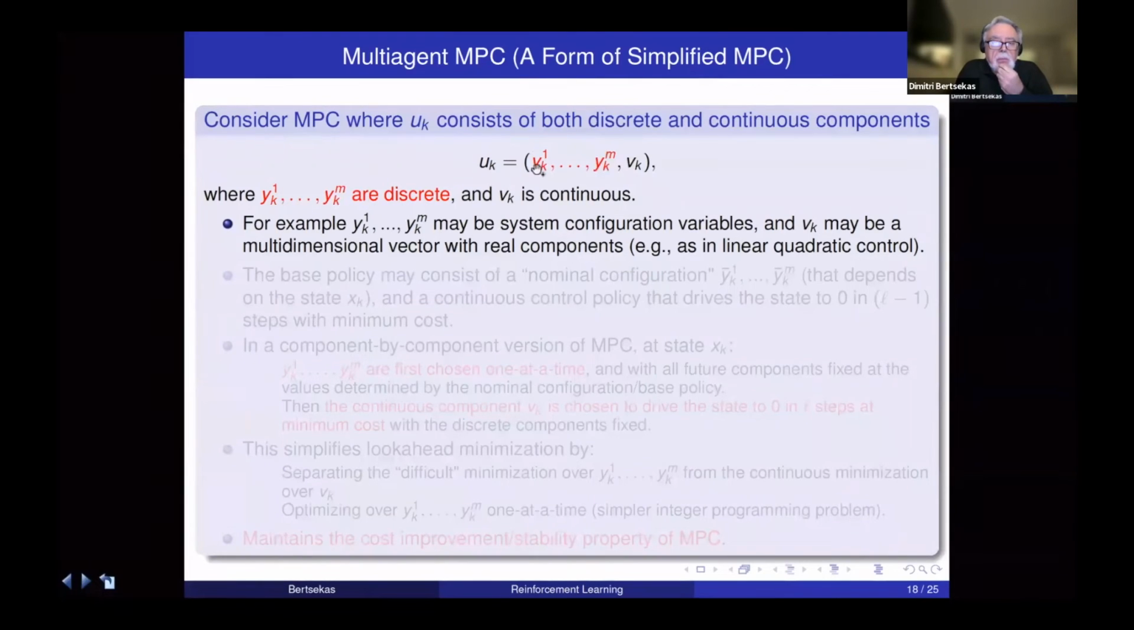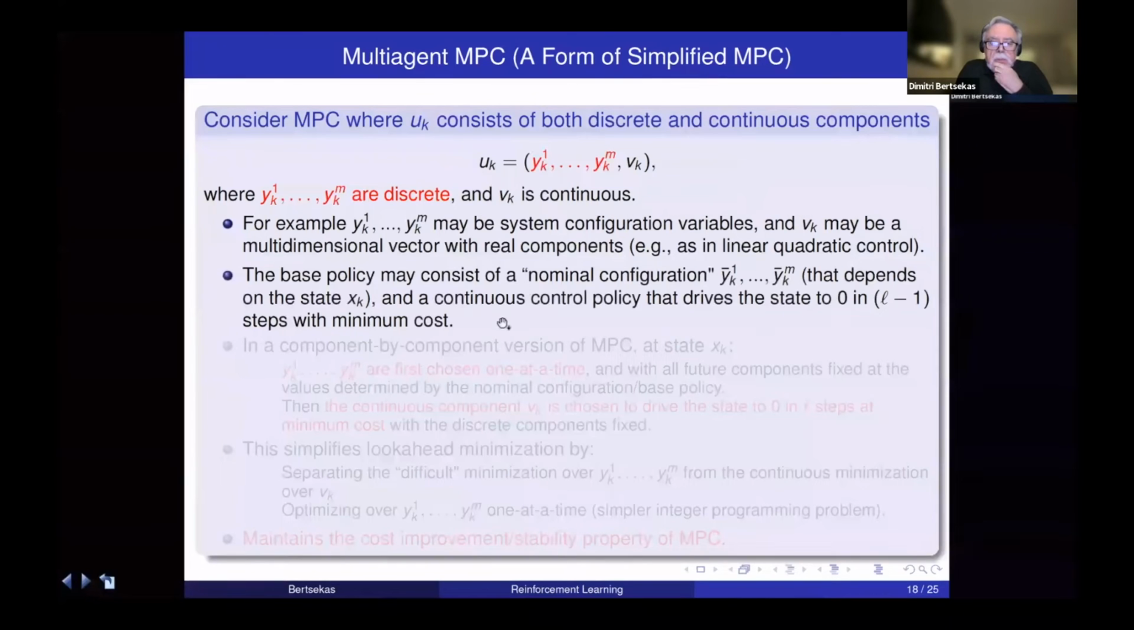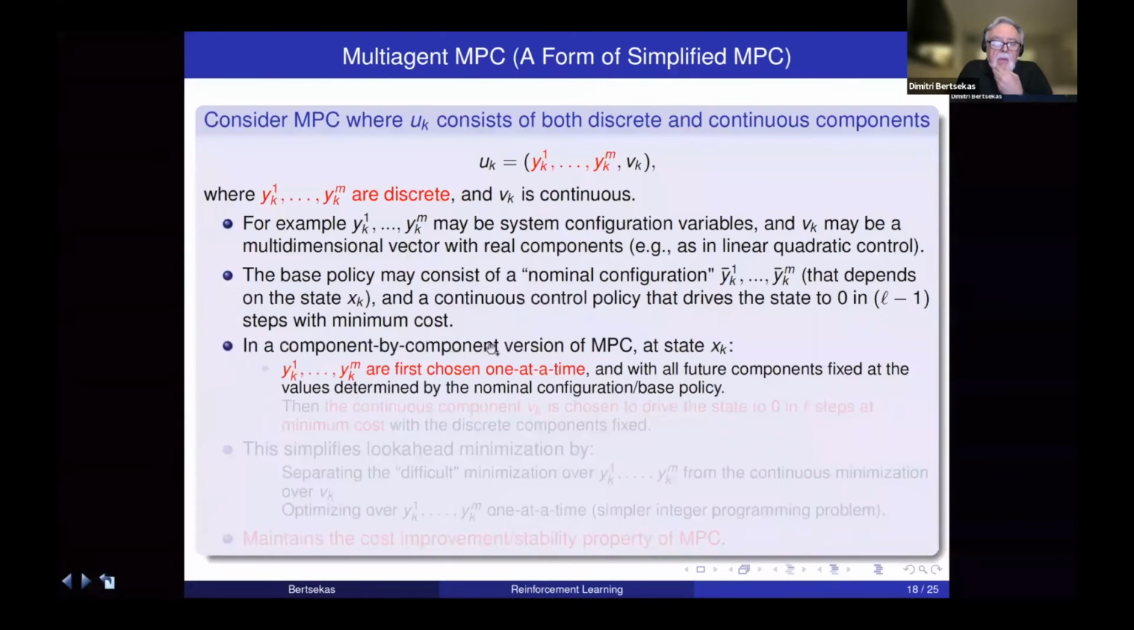Therefore, it would be nice if you could treat these Y's one at a time, as you would in a multi-agent type of rollout. So how would you apply that kind of rollout in this setting? You need a base policy, which may consist of a nominal configuration that depends on the state. So the base policy gives you for each state a set of discrete components and a continuous control policy. And in a component by component, a multi-agent version of MPC at state xk, we first choose the